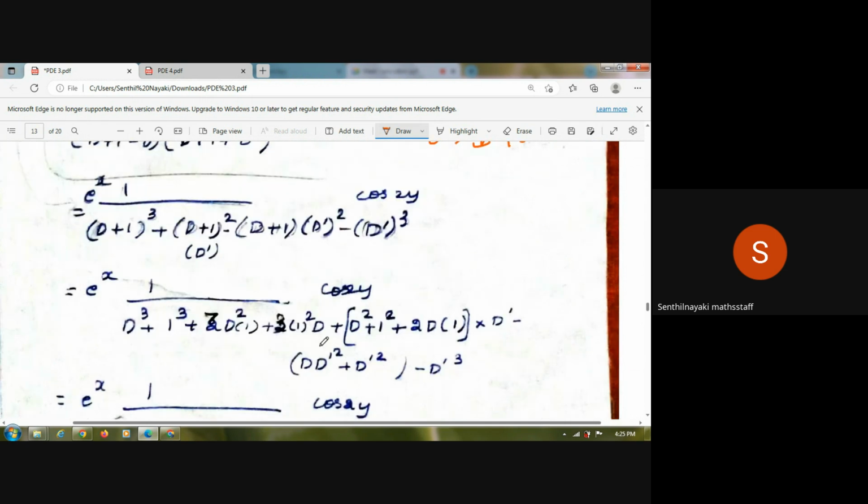After simplifying this term, we get 1 by 3d plus 5d dash plus 5